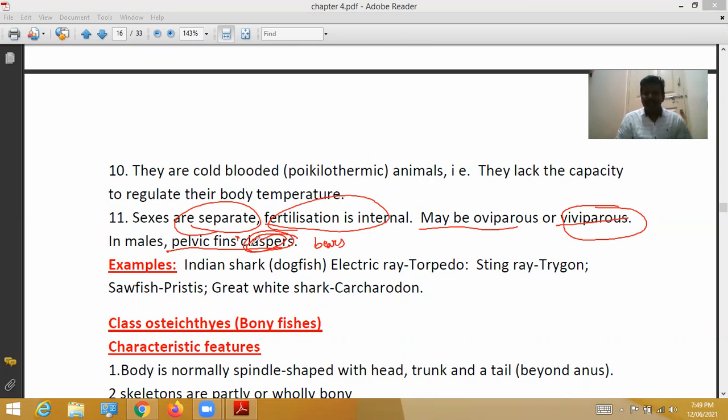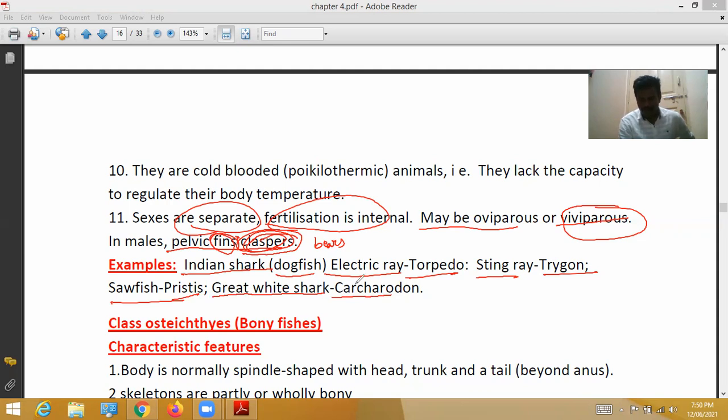Generally there are pectoral and pelvic fins. The pelvic region is where the anus and reproductive parts are located. That region is called the pelvic region. A kind of fin bears claspers, the holders. Examples: Indian shark, dogfish, electric ray, torpedo, stingray, Trygon, sawfish, great white shark,